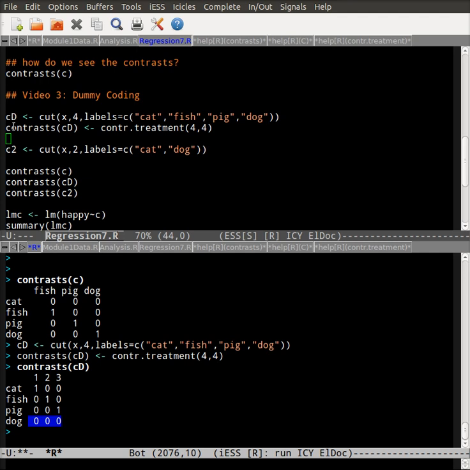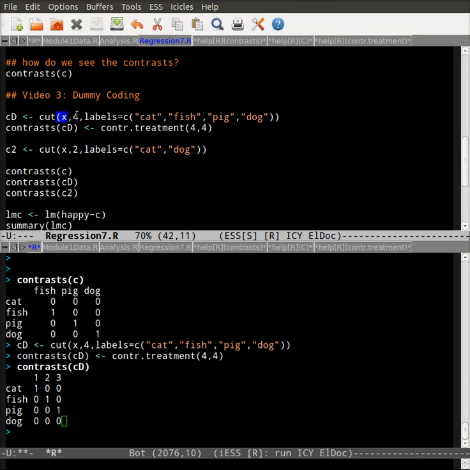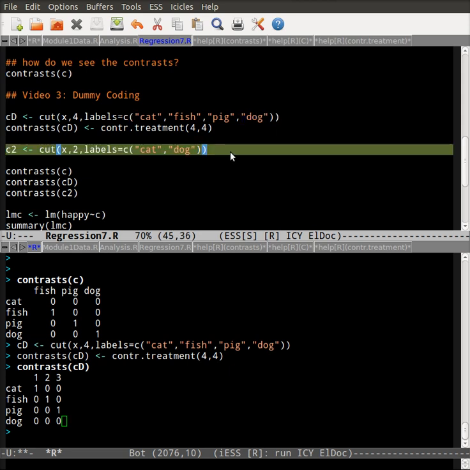So C, capital D, means the contrast for dogs. It's the same variable because I cut X into 4 discrete levels: cat, fish, pig, and dog. It's the same categorical cuts that I made before. I just changed the contrast coding. So I have treatment coding, which is dummy coding in R, and I have the base comparison as the fourth level. Okay? By making the 4th level dog as the base comparison, I changed my contrast coding